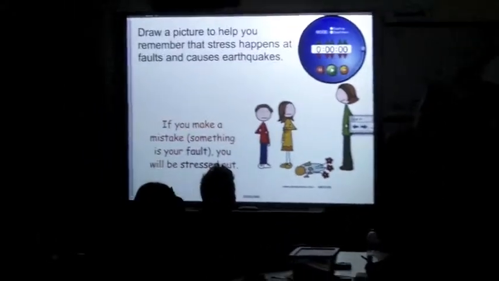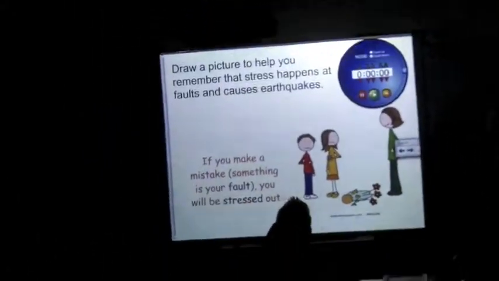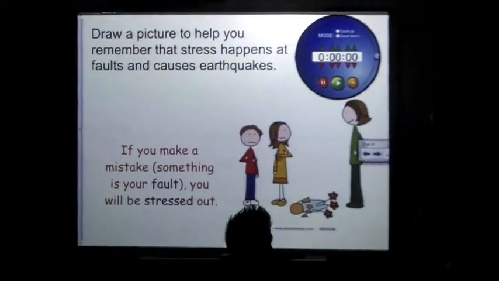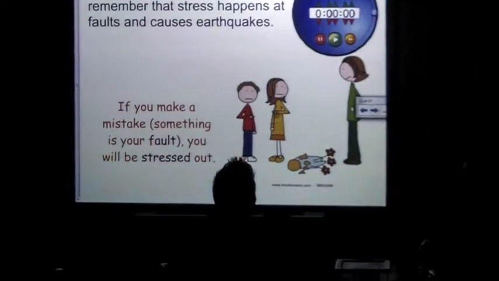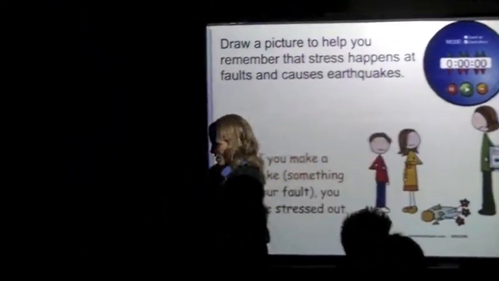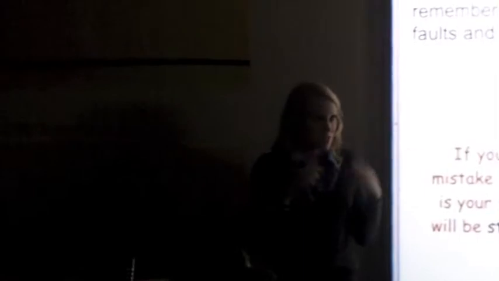So, I want us to draw a picture. Think about these words stress and fault, and I want you to come up with a picture. On the example I have here, if you make a mistake, sometimes it's your fault, and then you stress about it. So in my first class, when I did the stick example, and I think this is why I was so cautious with you guys, I broke it, and part of the stick shot out of my hand and went all the way over there, and I was worried it was going to hit someone. So it was my fault that happened because I was the one bending the stick. So I was really worried, I was stressed, I was nervous. So think of something like that.